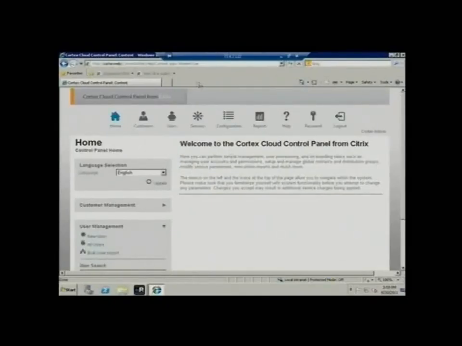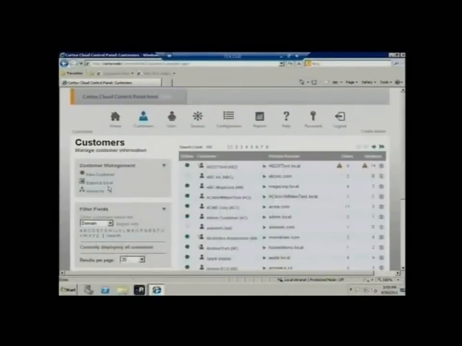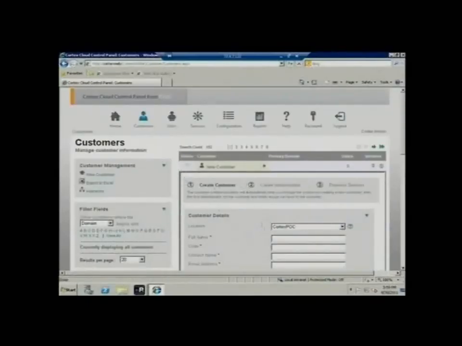Basically, what I'm going to go through is let's create a customer, and let's actually do it through the control panel and then actually dig into what is actually going on under the covers. So I'll create a customer in the control panel, we'll call it